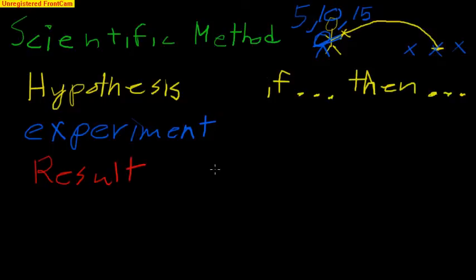And this is kind of tricky. We have to be precise, so we have to measure from, I don't know, we'll say from the front of the cannon to the first X. And then if the next time we measure from the back of the cannon to this X, then we're going to have weird results. So we have to be consistent in our measurements, and we have to be objective.